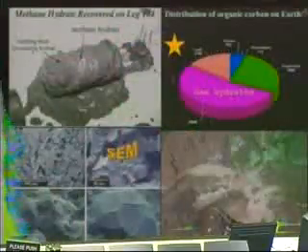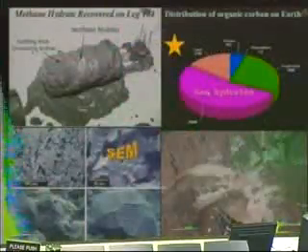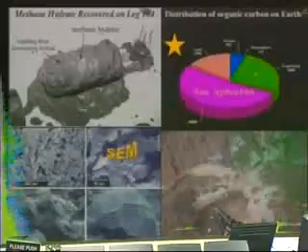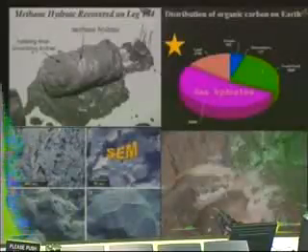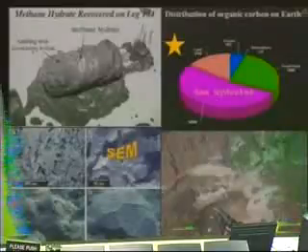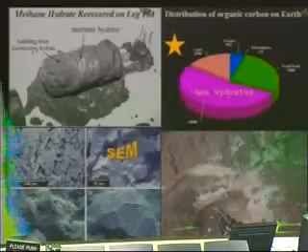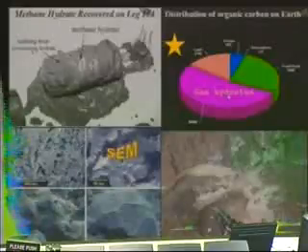Here's some more pictures, but the pie chart I want you to look at. The pie chart, the green are all the fossil fuels in terms of amounts. Look at gas hydrates. Fossil fuels, it's just amazing in terms of organic areas. The organics on land, the fossil fuels, oil, gas, coal. Look at the gas hydrates. These things burn clean, so no pollution with it, if we could just figure out how to get it.